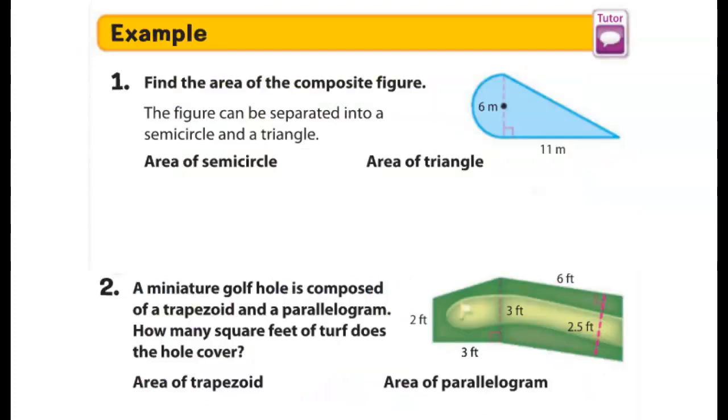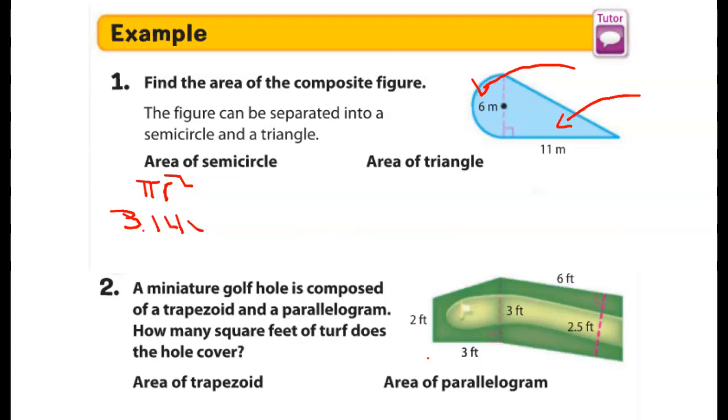With problem number 1, it looks like I'm going to have to find the area of this semicircle here, and then the area of the triangle right here, and add them together. So first, let's take a look at the circle. The area of a circle is just pi r squared. Since we're doing a semicircle, we could do pi r squared and then take half of that at the end, or you could say 1/2 pi r squared. I think most of you would prefer to divide by 2 at the end, so that's what I'm going to do. So I'm going to say 3.14